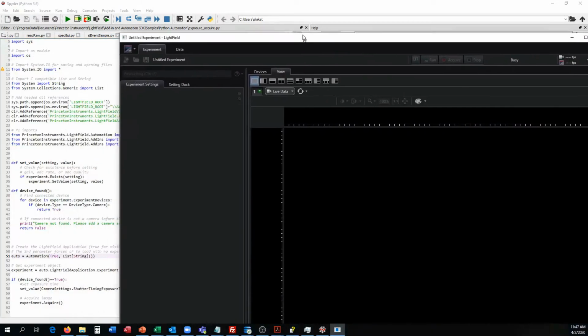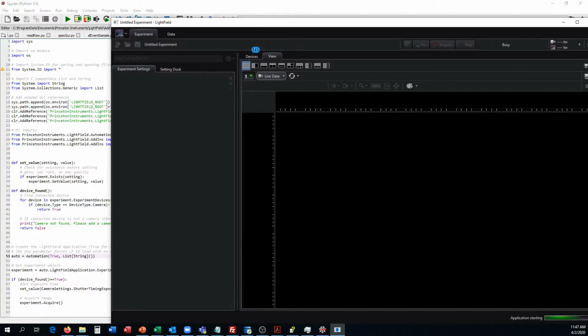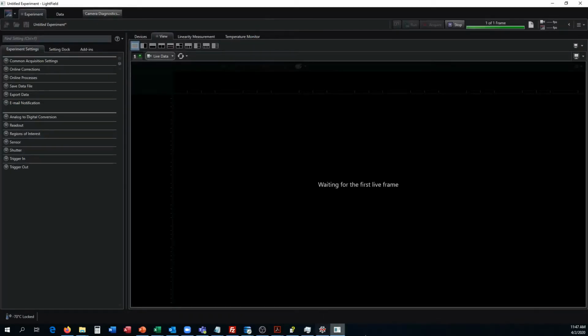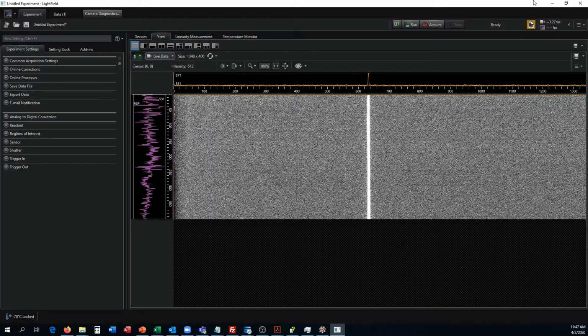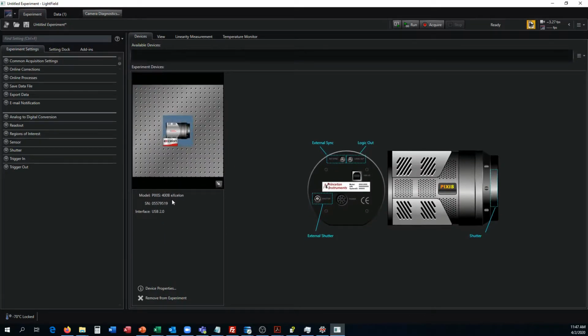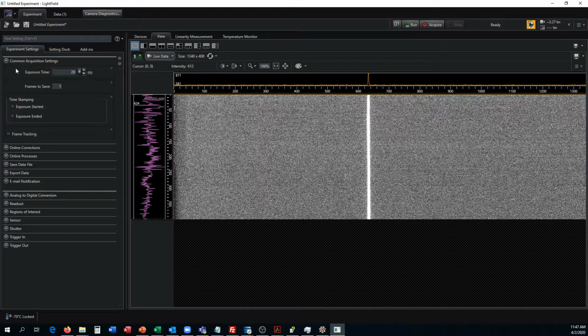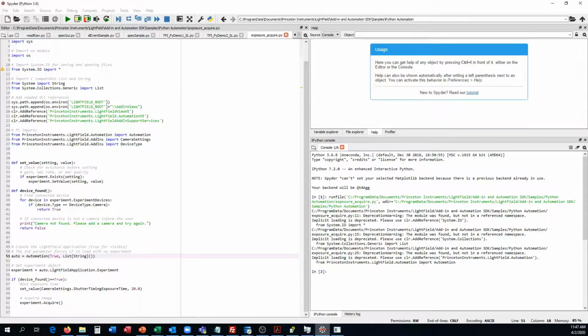So here, the window opened, and I want to point out a key difference. Let's just let it do its thing. Maximize that. You can see it already acquired. I have a PIXIS 400BX, and it is hooked up to a spectrometer right now that's on zero order. I have a mercury light source on it, so you can see this zero order line right here. So it did the acquisition. We'll go to common acquisition, so you can see the exposure time is 20 milliseconds, which is exactly what we